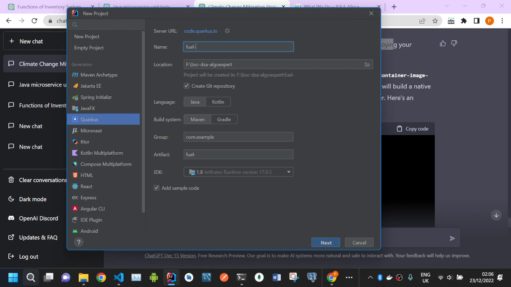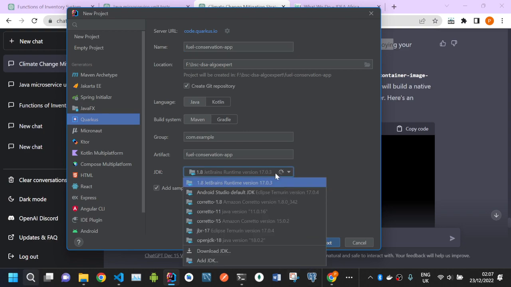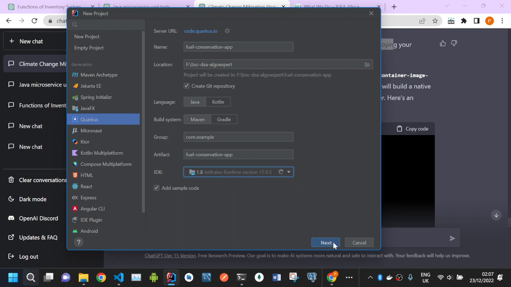fuel resilience, fuel mitigation, conservation. Even I can add some algorithms for AI for auto tuning and all that. Fuel conservation app. I call it fuel conservation app. I'll deploy it. It will be based on Java, and then create a Git repository, and then I'll push it to Git. Of course, I'll be using version 8, just a number, version 8, and then group